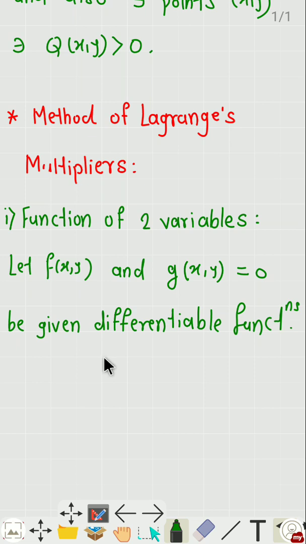Then to find the local maxima and minima, minimum value of f subject to the condition g of x comma y equal to 0, find the value of x, y and lambda that satisfies simultaneously